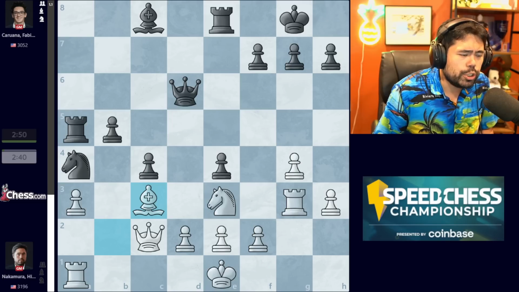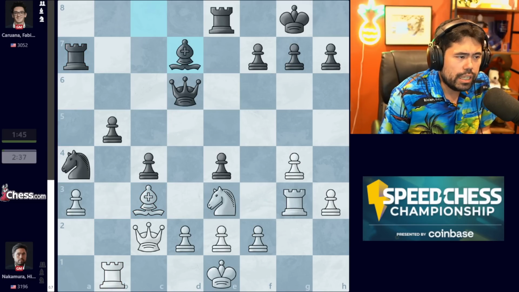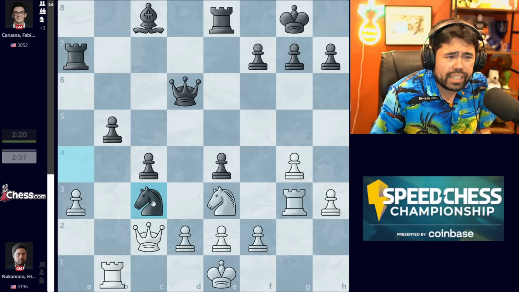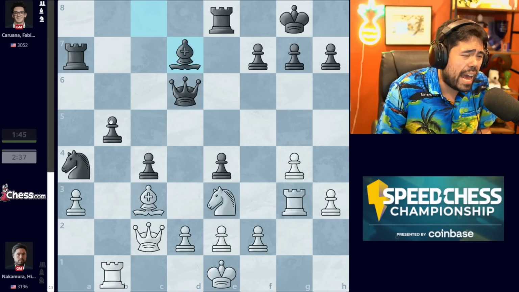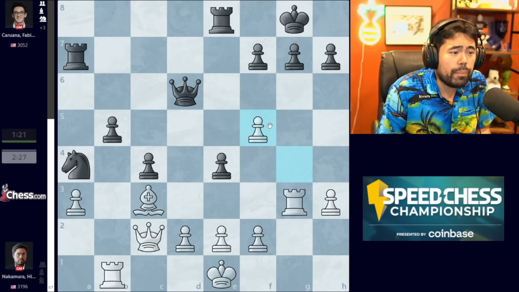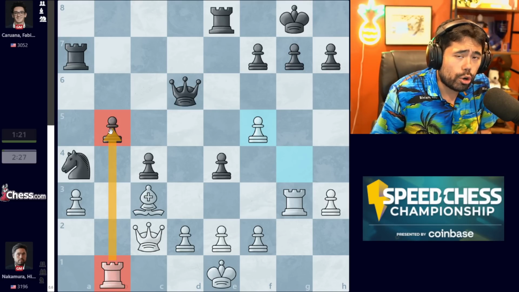So after bishop c3, Fabiano plays the move rook to a7. I go rook to b1 here. He plays bishop d7, which is a fairly serious mistake. In this position, Fabiano needed to either play knight takes c3 here, or play this move queen to c6, guarding the pawn, because after bishop d7, now I can play knight to f5, forking the queen and the pawn at the same time. When Fabiano trades on f5, now suddenly the rook on b1 is always targeting the pawn on